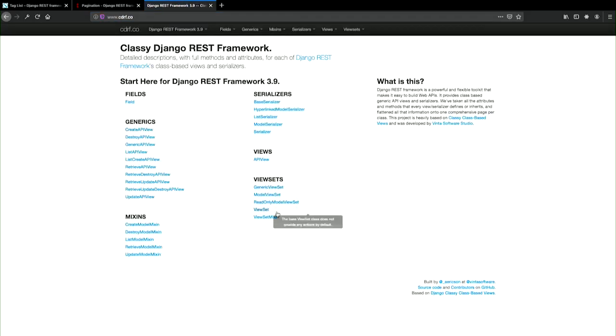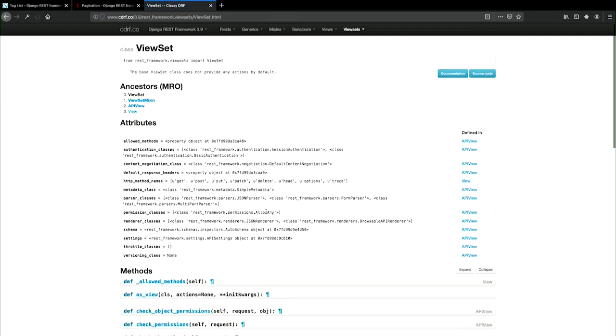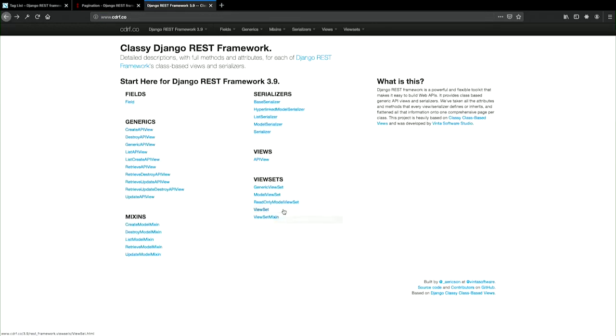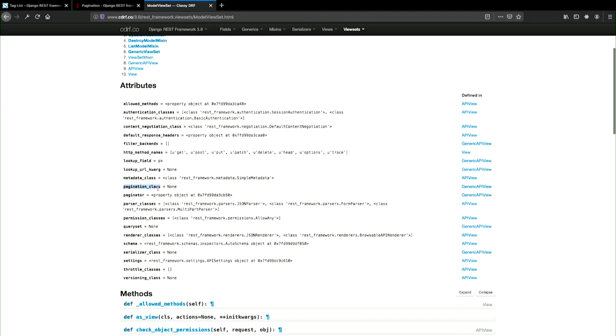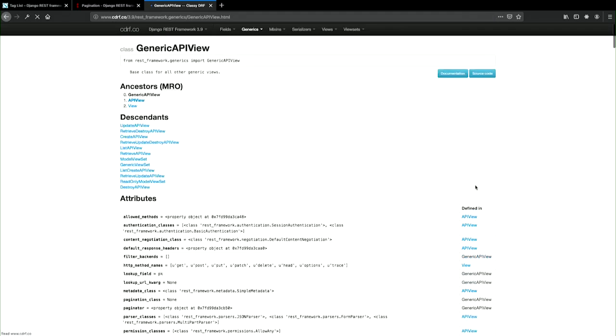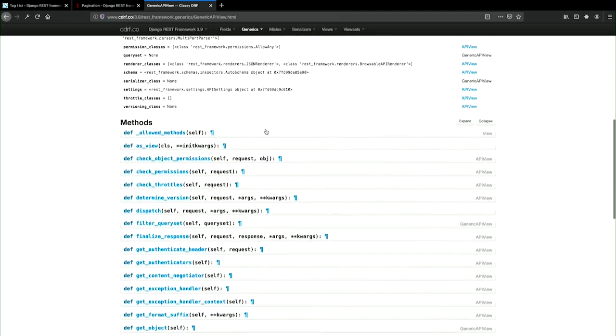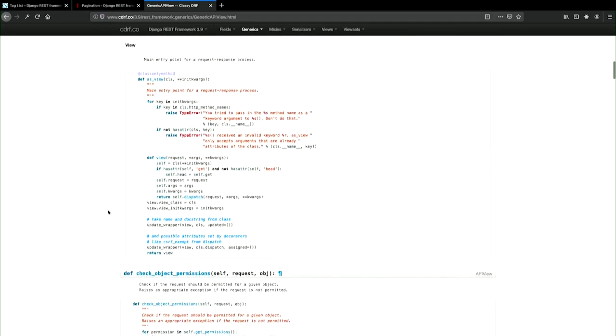cdrf.co, and we can slide in. You can see that if I come down to view set, well, this is not where I want to be. I'm inheriting from model view set. We can see that the paginate class is actually given to us by the generic API view, not the API view. So generic API view is one of our ancestors, and we can even come down and begin to expand this. And you could look through and see exactly how pagination